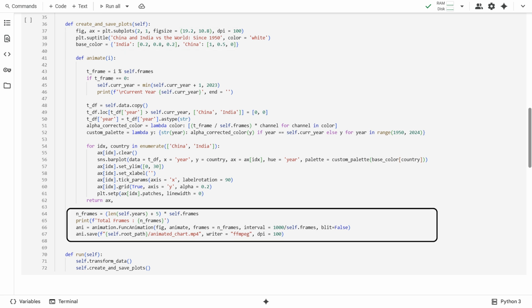The next task is to set up an animation routine. This requires a matplotlib figure, which we just created. We need a helper function called animate, which we will come back to in a minute. We then require the number of frames. Number of frames is a vital parameter, because it decides the number of times of execution of the animate function. The number of frames is calculated as the product of video duration in seconds and the frame rate.